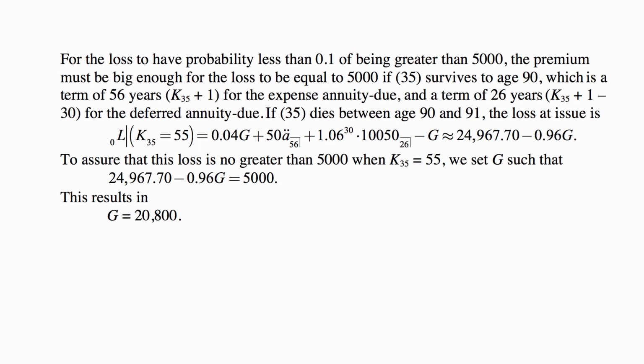If 35 dies between ages 90 and 91, the loss at issue is all the expenses and benefits minus the premium, and that ends up being approximately 24,967.70 minus 0.96 G. To assure that this loss is no greater than 5,000 when K35 equals 55, we set G such that the difference that we calculated equals 5,000, and this results in G equal to